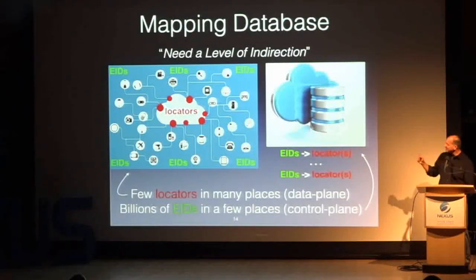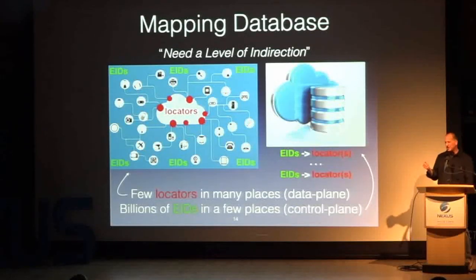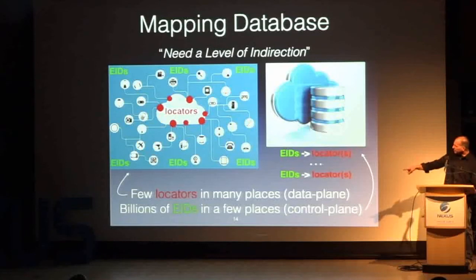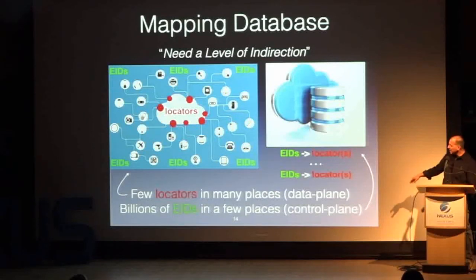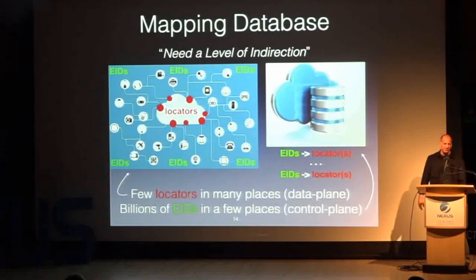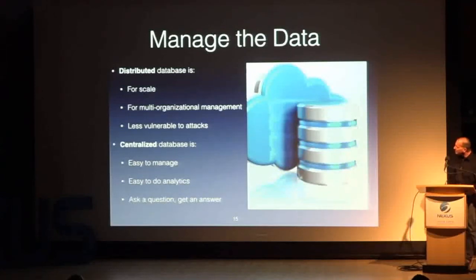There's going to be a lot less attachments to the network than there's going to be devices. My body will probably have 10 EIDs, but it may only have one connection out through the cell phone. So I just did a 10-for-1 state reduction right there. So we're going to have few locators in many places, which the data plane, the packet forwarding engines, have to worry about, but we'll have billions of EIDs in few places, which the control plane will worry about. And the control plane will be used in a mapping system that will be on high-powered CPUs and storage servers that's easily implementable. The mapping database is actually key because it's distributed, so it can scale.